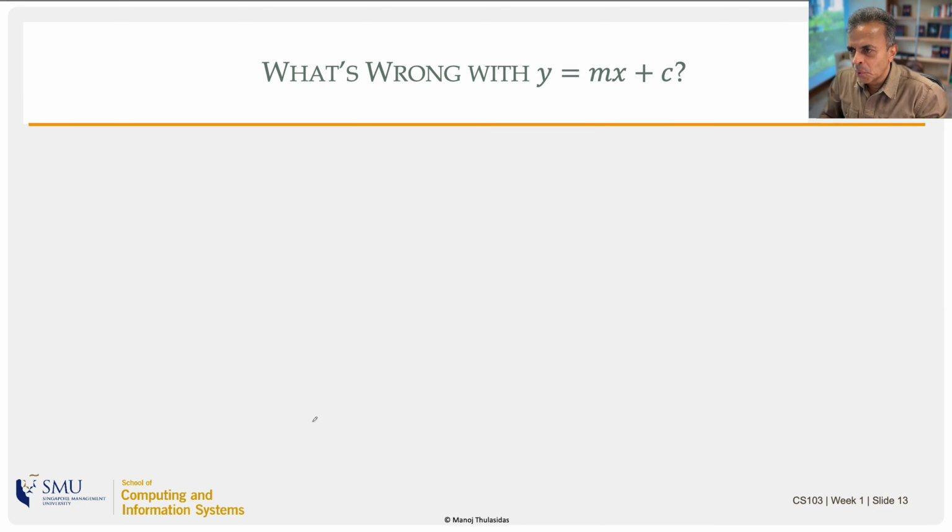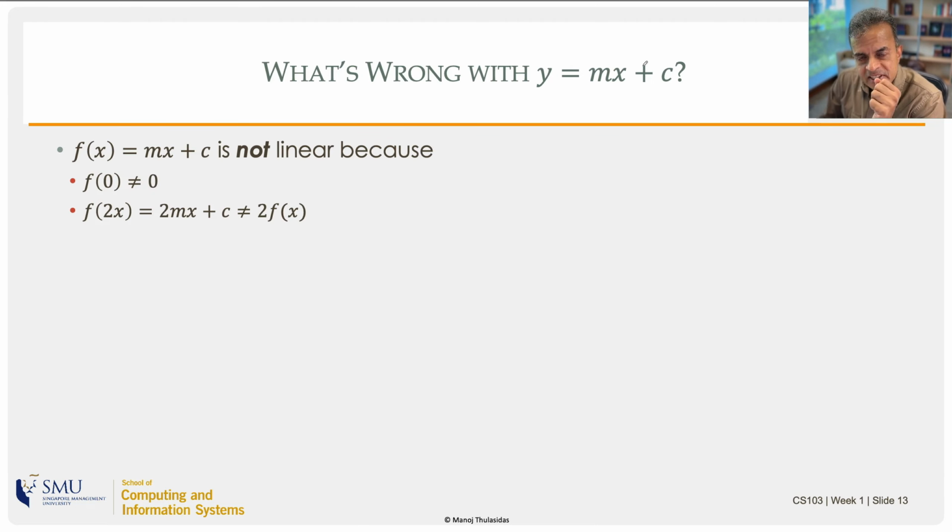Now let's see what's wrong with our equation y equal to mx plus c. Why did I say that this was not linear? Why? Clearly, this is an equation to a line. Let's look at that. What I'm saying is that if I write an expression mx plus c and call it